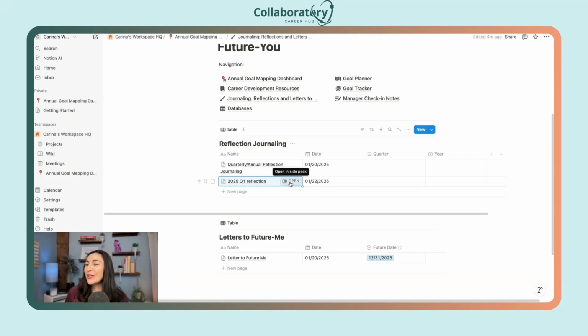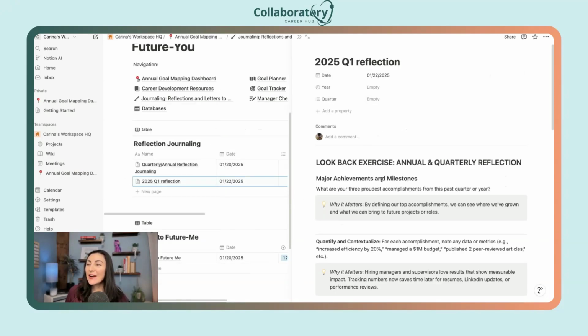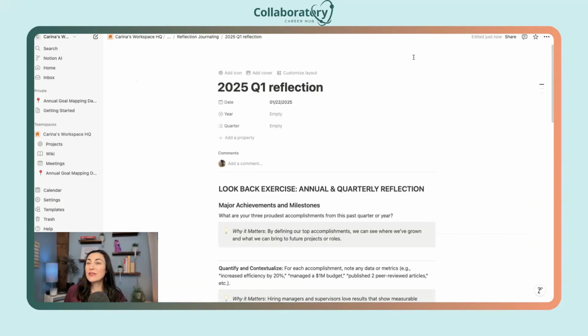And then when you open things in Notion, they slide out on the right, which is really handy for you, but you can also make these full screen. So if you're ready to settle in and do some journaling, you can just click this open in full page and you can see the full thing, which is really handy. And then at the top of every page, you're going to see these breadcrumbs. So it's easy for you to go back and look at things. And if you hover over a little ellipses, you can then look at the breadcrumbs there,